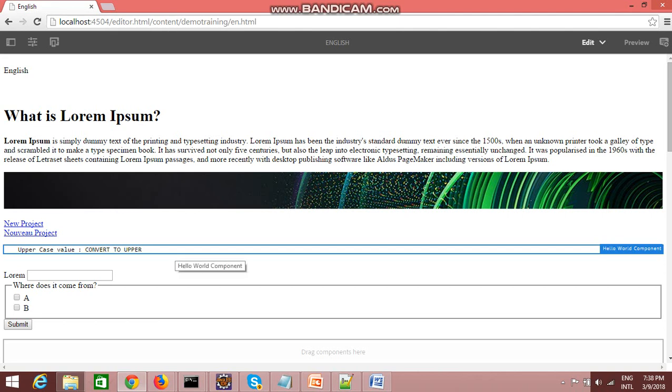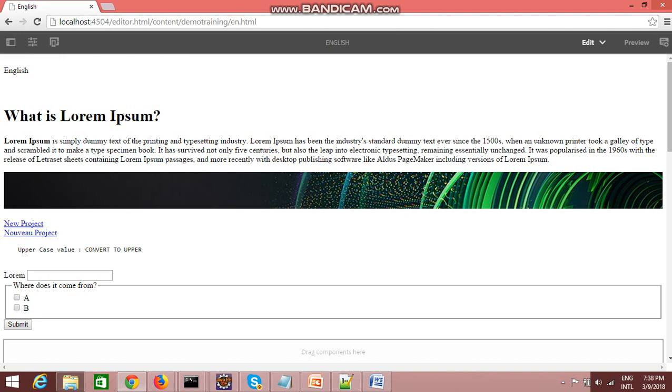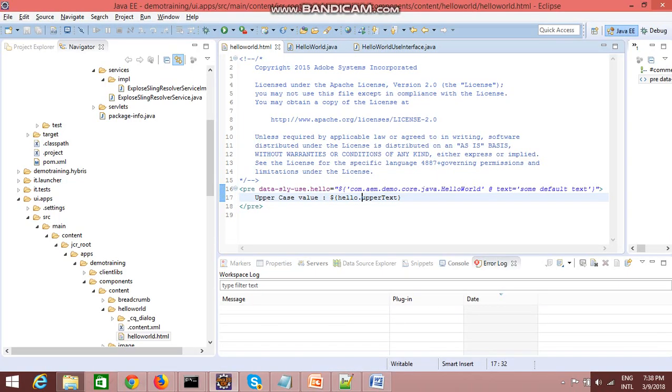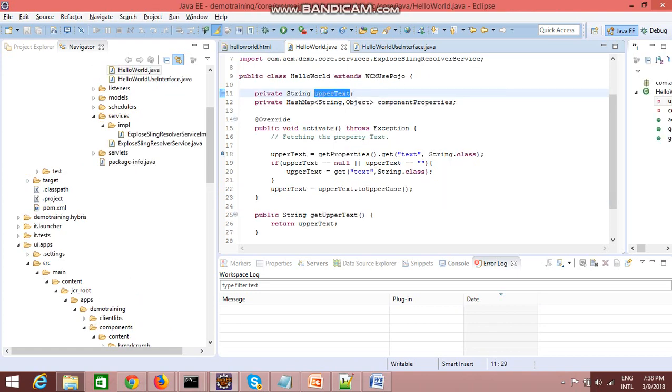So that is a very simple example which I have shown you, of how you can create your own Java classes using this WCM use Pojo. In later videos I will show you how you can access the component properties in your Java class and then return back to Sightly. There are two ways. Either you extend your custom class using WCM use Pojo, or WCM use if you are using the 6.0 version,